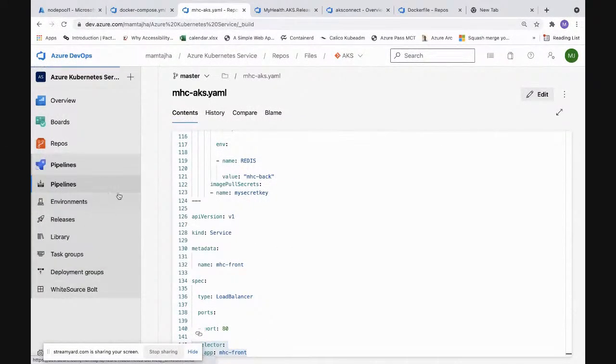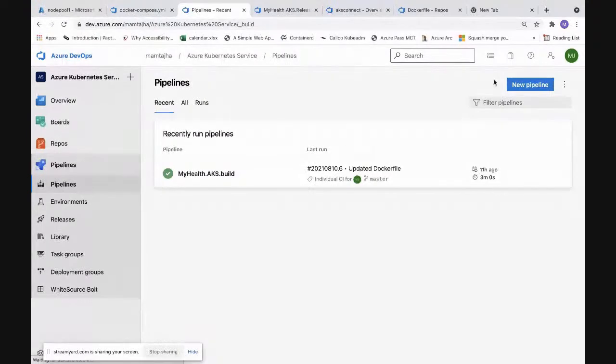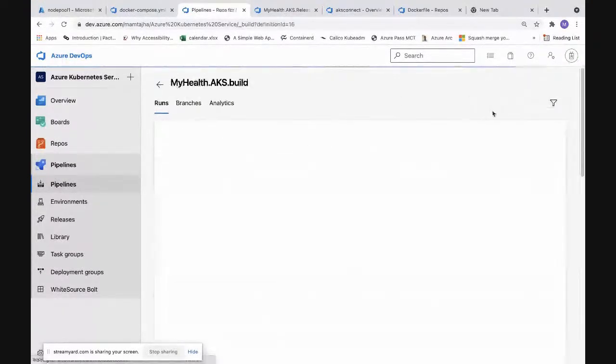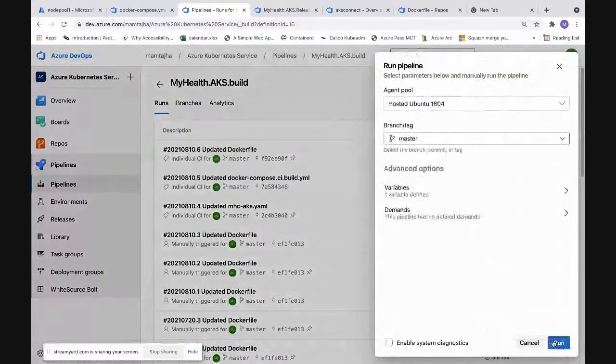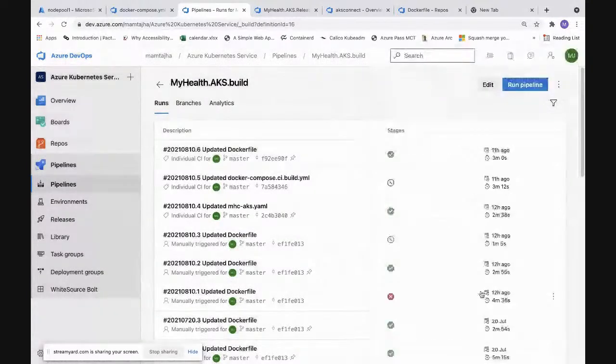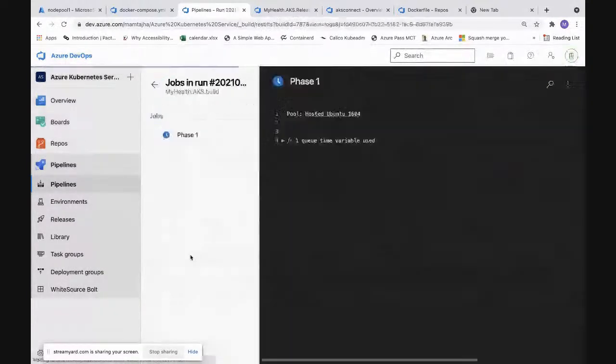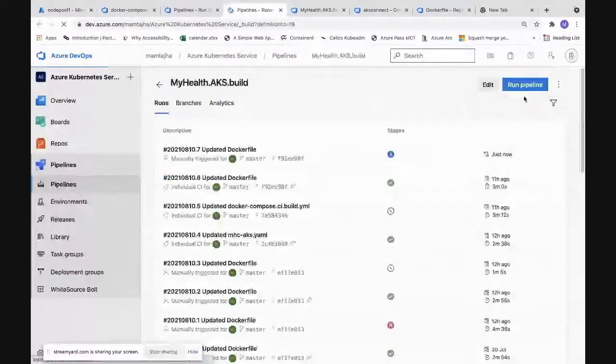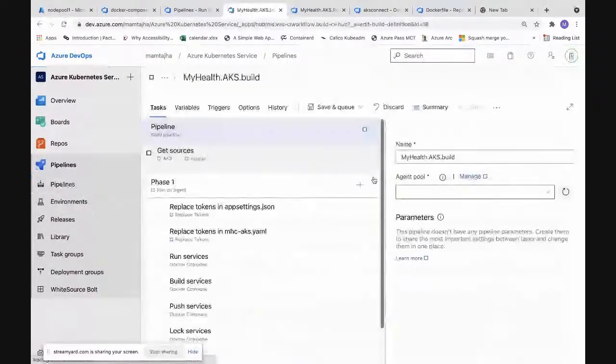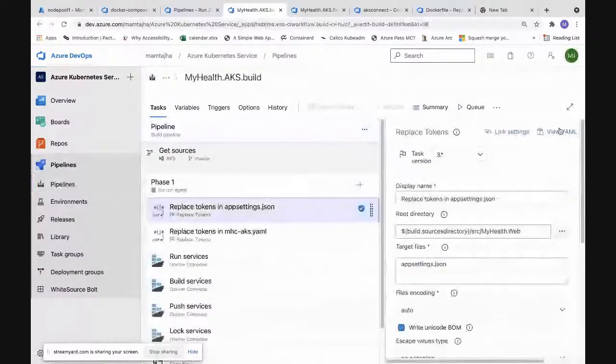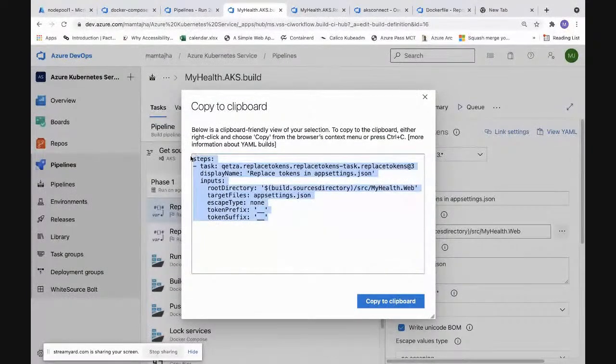Now coming to the pipeline section, let me trigger the pipeline. I'll go ahead and I'll say run pipeline, or else you do a code change that should trigger a pipeline. That also is possible. It would take us through the different phases. You can look into the links. And someone was worried about the YAML way of coding it. You can go here. You can see that whatever you have created in a graphical way, any task you pick, you can have the corresponding YAML of it. When you're learning, you people can pick up like this.